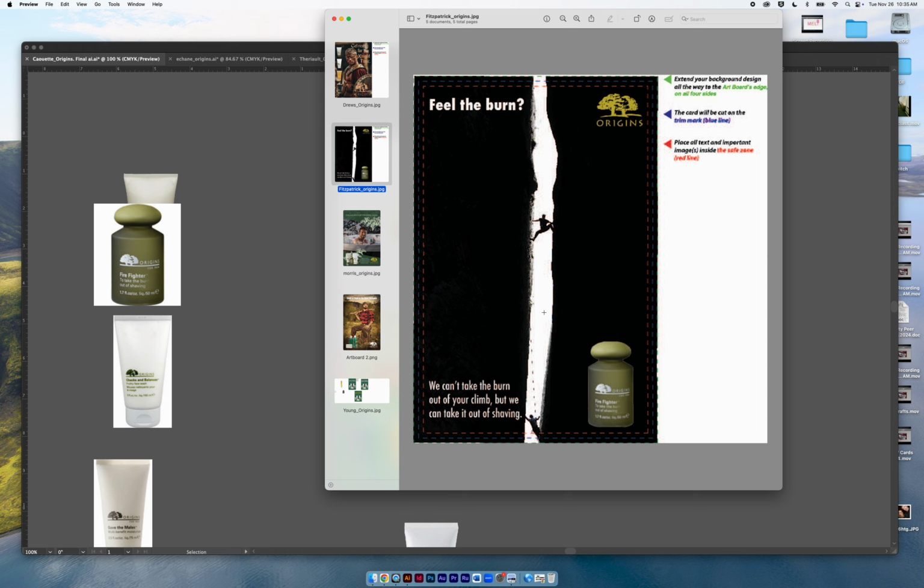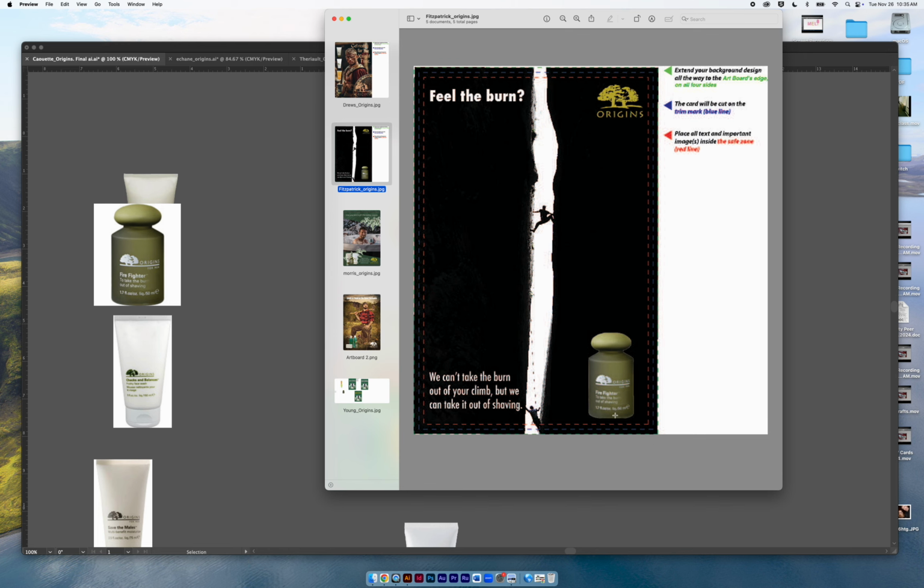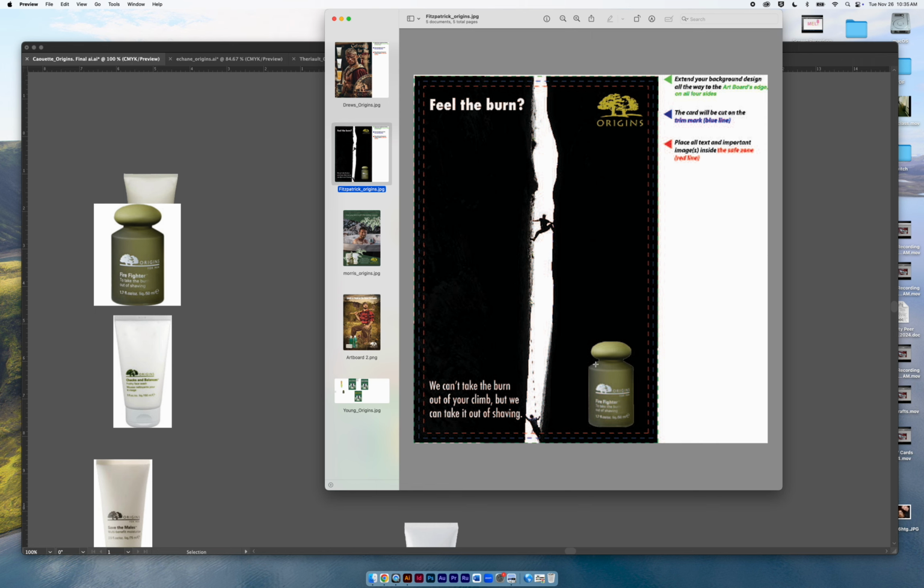I like the feel of burn. You have your Origins logo, works well in the upper right. I almost said left. In the upper left there. We want to make sure that we're not distorting it. I feel like that looks a little bit squished vertically, but maybe not. Maybe make this a little bit smaller, and have that more in the corner. Nudge it over to the right a little bit to keep this spacing and this spacing the same. Maybe make it a touch smaller. I like this